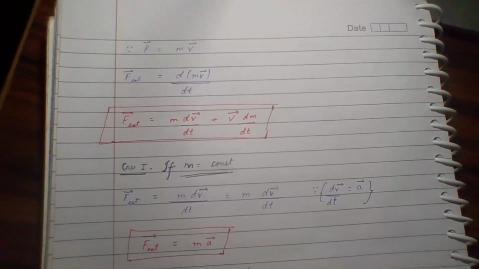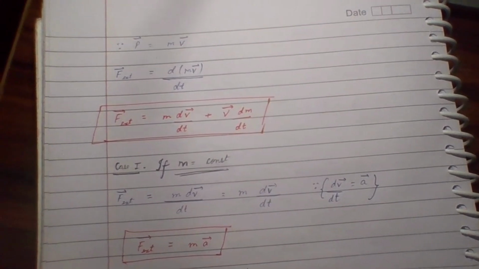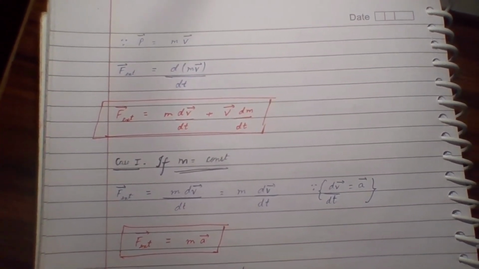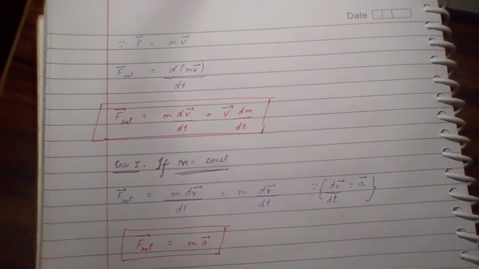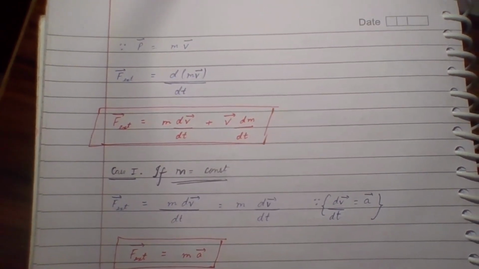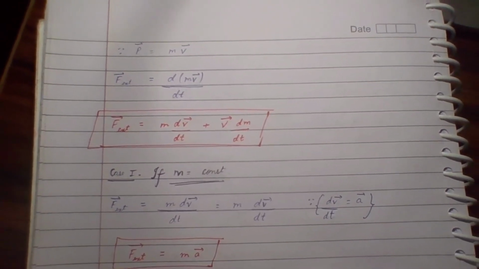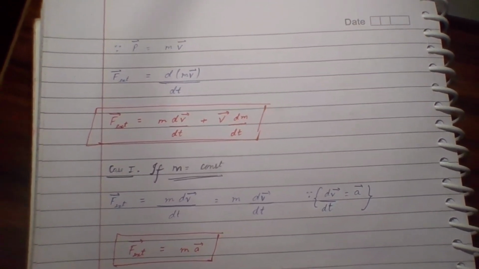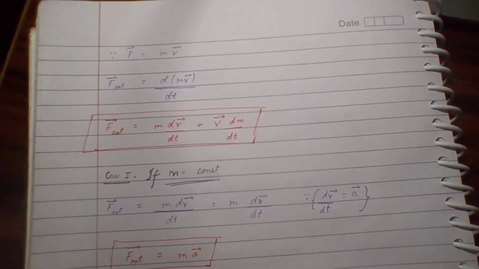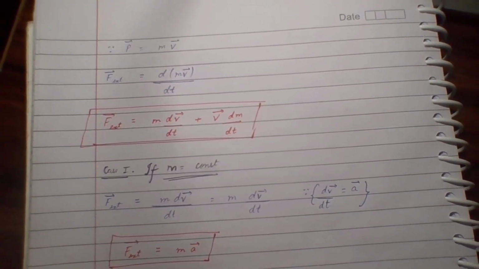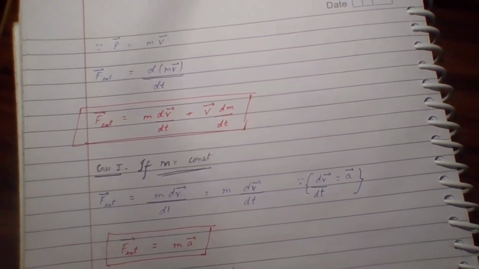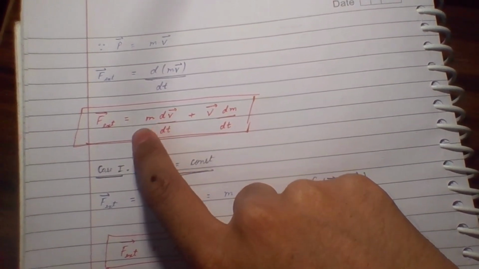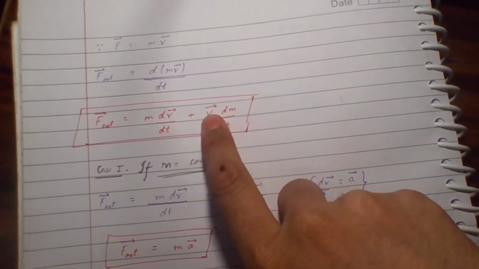Okay, F is directly proportional to dp/dt. Now see here, we know that momentum is equal to mass into velocity, so force will be equal to d(mv) upon dt. We are basically doing differentiation here. So the external force F will be equal to, now see, we will apply the chain rule. So first differentiation of v, then differentiation of m. So we get m dv upon dt plus v dm upon dt.